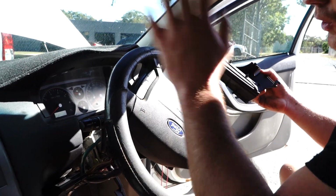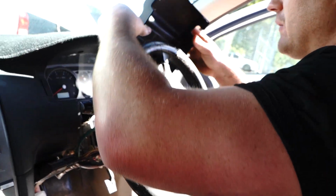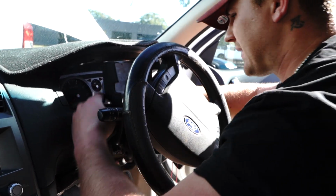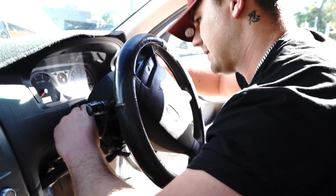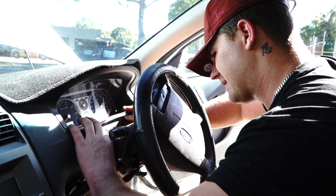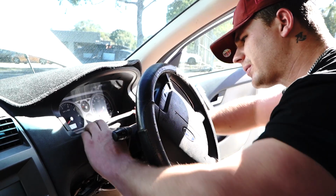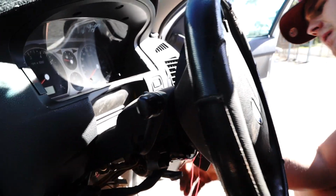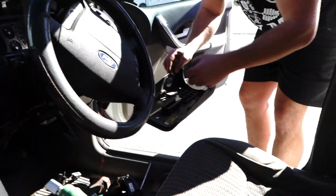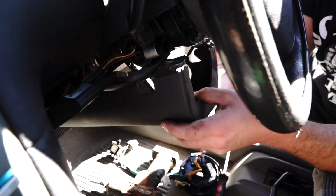Right guys, so once you've got it all tightened up, bring your steering nice and straight, and grab this top trim first. You actually need to put this plastic piece in first. Once that's out of the way, the rest is going to be history. So we can just bring that up, pushing them all in, kind of like a weather seal or maybe a noise dampener, etc. So you get them all into place, put your little clip in here, and then grab the bottom part, making sure all of your screws are out of the area first, and then we'll come in here and do this. So you can just put the trim through,